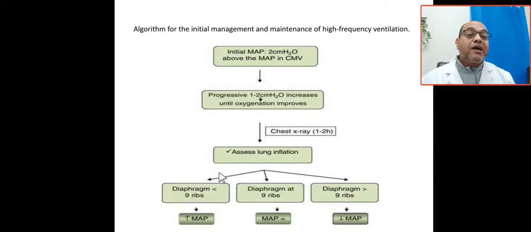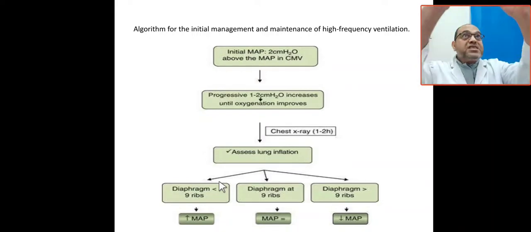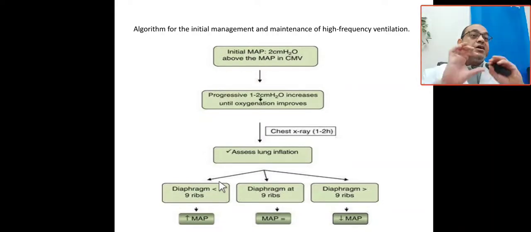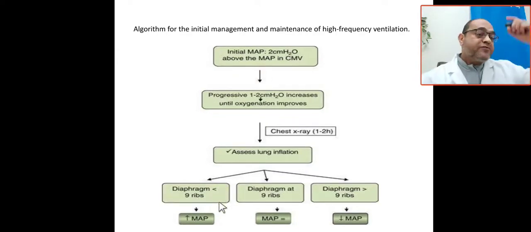What is the normal lung volume? Between 7 to 9. 7, it will be 8. It depends on the reference, actually. It will be between 7 to 9. It will be 8. In some references, it will be 9. So if the diaphragm is less than 9 ribs, you have to count the ribs